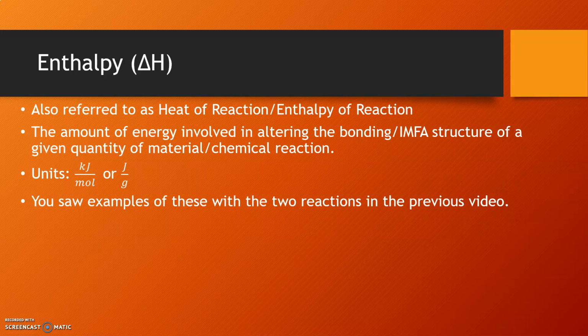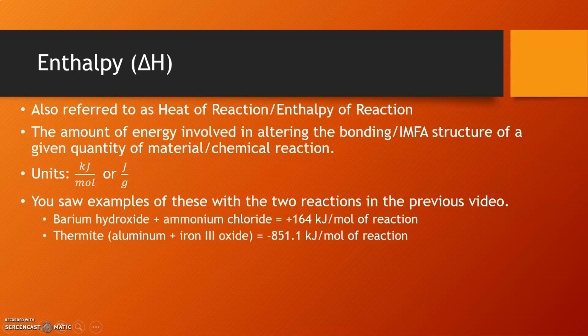You saw examples of these with the 2 reactions that we did in the previous unit. So you know, barium hydroxide plus ammonium chloride, we saw it get nice and cold. So the delta H for that reaction is 164 kilojoules per mole of reaction. So that's going to be important for you to remember. That 164 is the number that goes into the thermal equation. But when we start taking a look at the amount of energy involved per a certain substance, that 164 number is going to change. So keep that in the back of your head, that it's kilojoules per mole